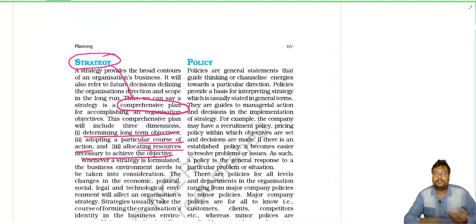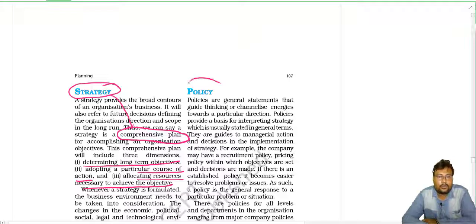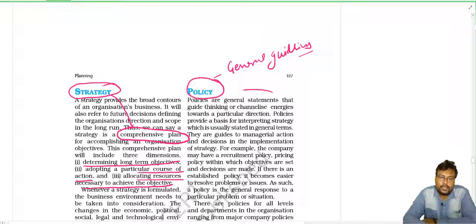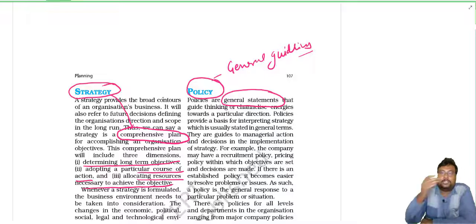But our next plan is what, beta? Policy. Policies are what? For understanding the policy, one word you understand and always remember as the keyword: policies are general guidelines. You can say from NCERT it is a general statement. What is the general statement? Because policies are regulations, policies are guidelines, what to do and not to do, but they are general guidelines. So as per situation, as per need, they can be changed from organization to organization.